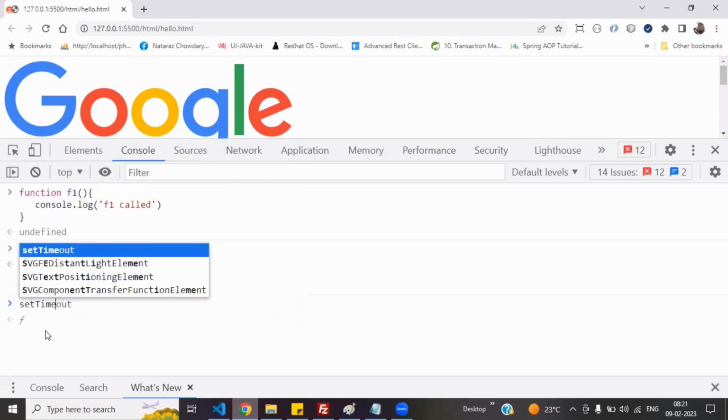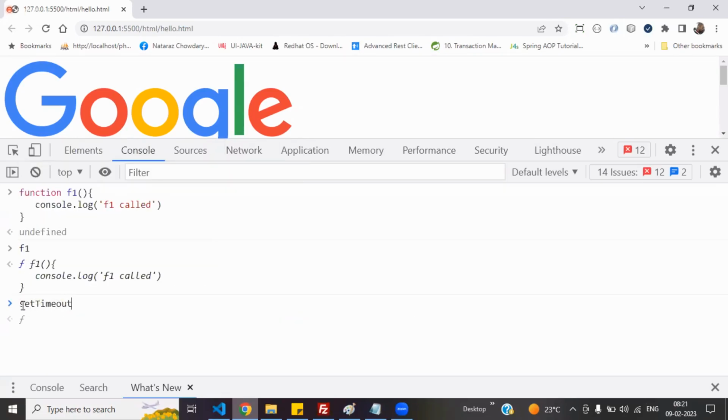Now tell me, this setTimeout function, is it defined or not defined anywhere? Not defined, sir. What's the answer? Predefined function. If it is an error, then at that time it is not predefined, you also have not defined it. If it is not giving any error, even though you have not defined it, then